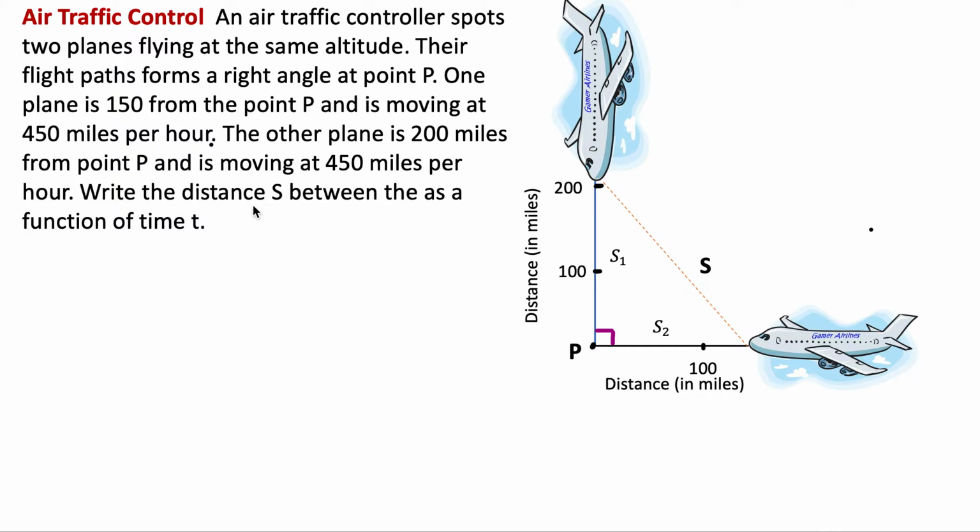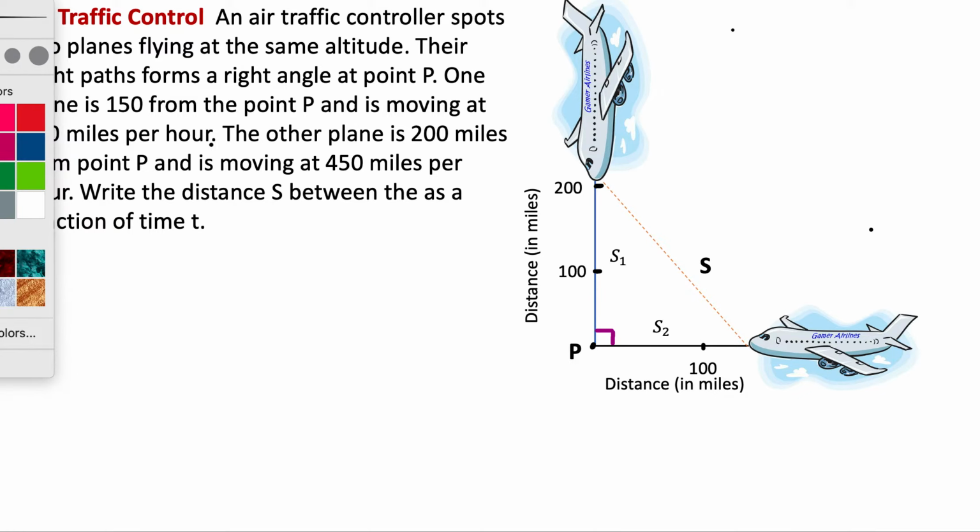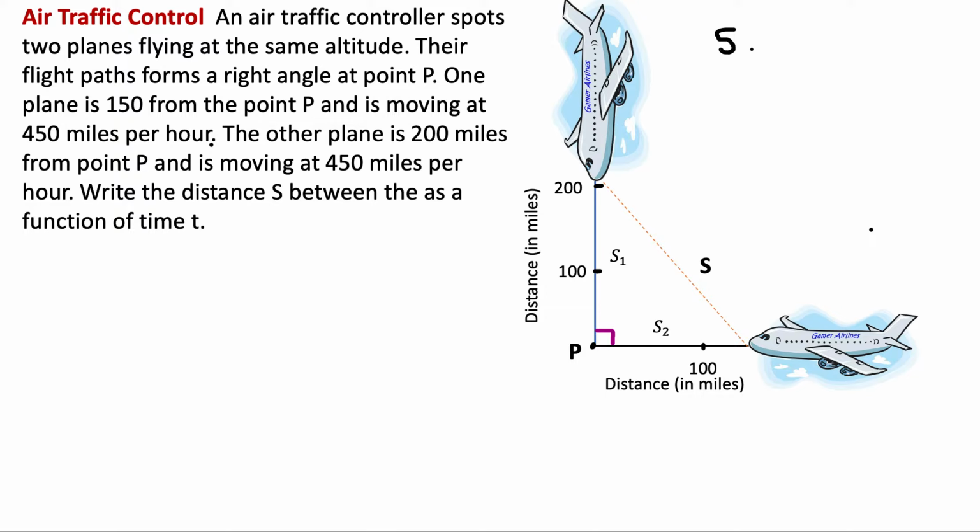Write the distance s between them as a function of time t. So as we already see, this plane here is 200 miles from P. Let's denote this function first of all with s1. S1 is equal to the distance, and the distance here is 200 miles,